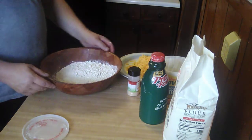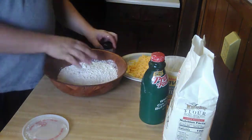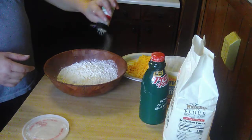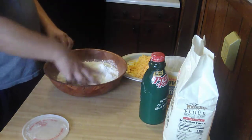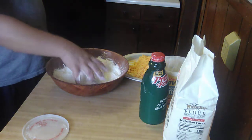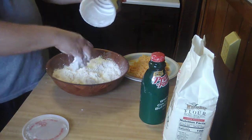And this is pretty much the same thing as you would be making biscuits for breakfast. Now, I've got self-rising flour here in this bowl. And I'm going to put some garlic powder in here. Okay? This is for like garlic and cheddar cheese biscuits. All right. Stir that around a little bit before I add my shortening. Okay. I'm going to cut the shortening into my flour